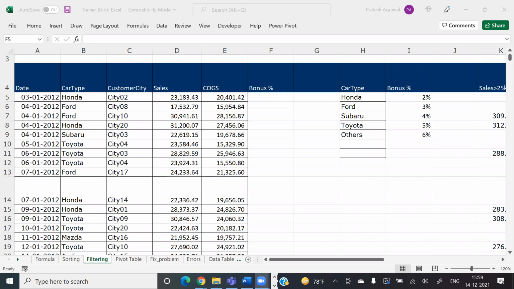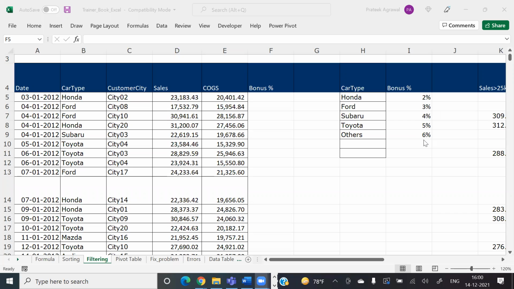The lookup value is a text value, right? Car type. You will look for the car type and then you will go for the bonus percentage, correct? So if you want to say VLOOKUP, it is exact match, not approximate.